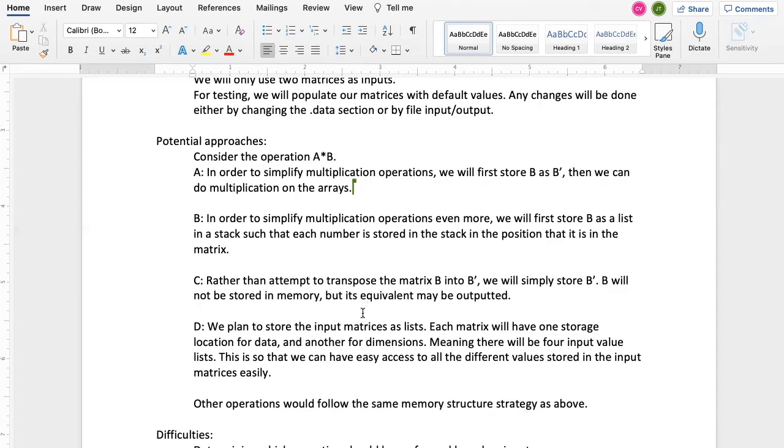Another potential approach is approach B, which, in order to simplify multiplication operations even more, will first store B as a list in the stack, such that each number is stored in the stack in the position that it is in the matrix, and then operations will be performed simply by referencing each position in the stack rather than pushing